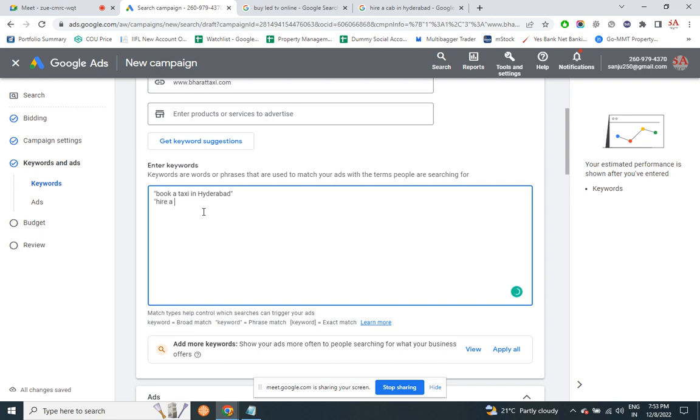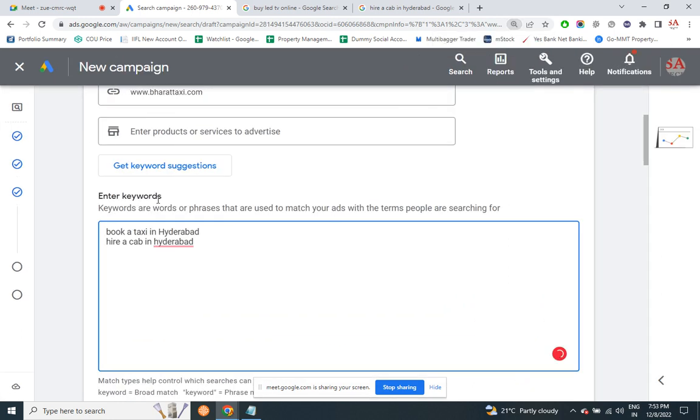Hire a cab in Hyderabad. I put double quotes for each of them. Let me remove that and let us understand the difference in the keyword without double quotes. So if I mention the keywords like this, my question is, if someone is searching for